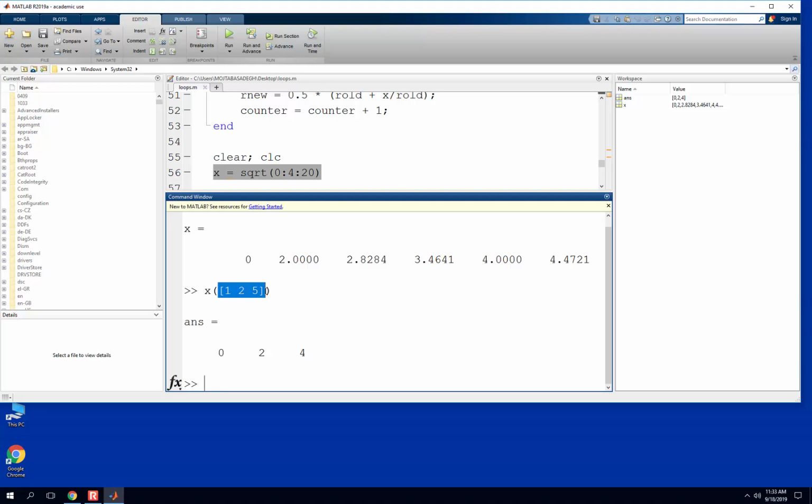Does that make sense so far? So we can get remainder of X with 2 using the function in MATLAB. So remainder is a function, REM, X comma 2. If I do this,